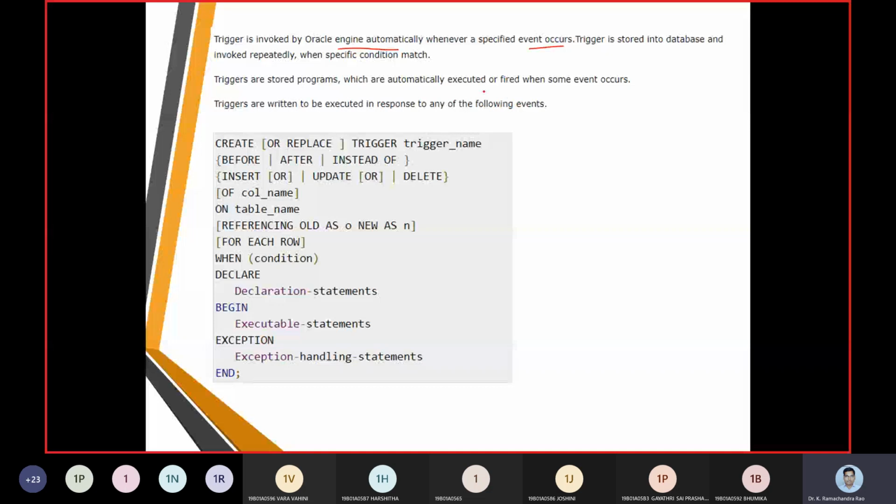Now what was his salary difference? Here it is going to display his old salary as 1,500. New salary was 2,000, and salary difference is subtracting 2,000 minus 1,500, and it is going to give the value of 500 here. So that is how a trigger is going to be called.